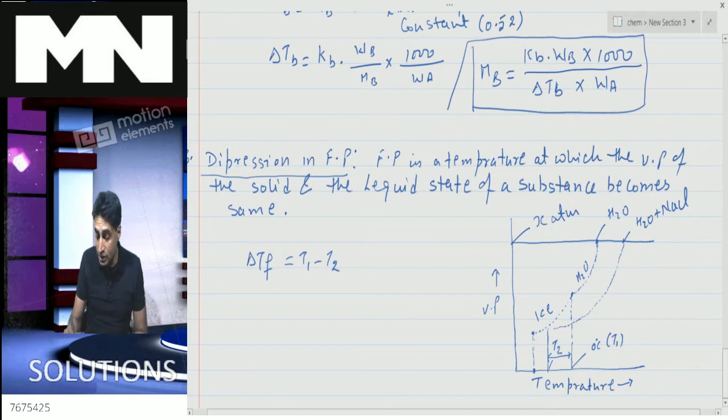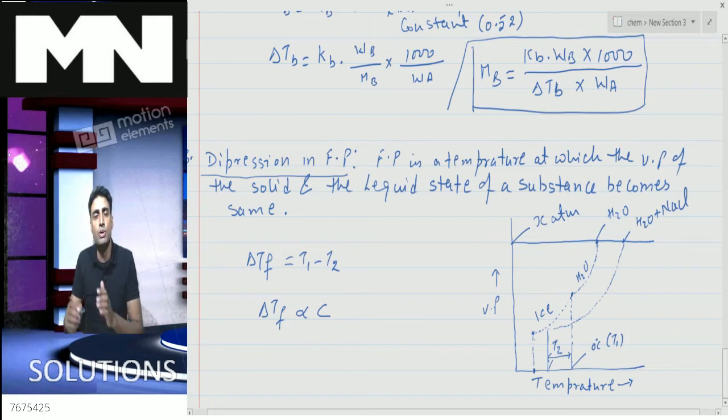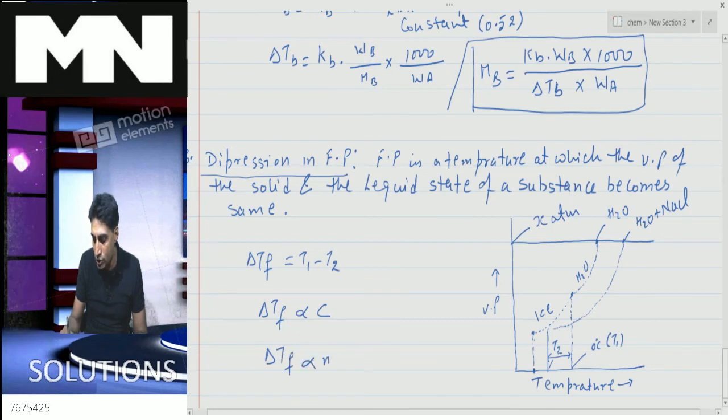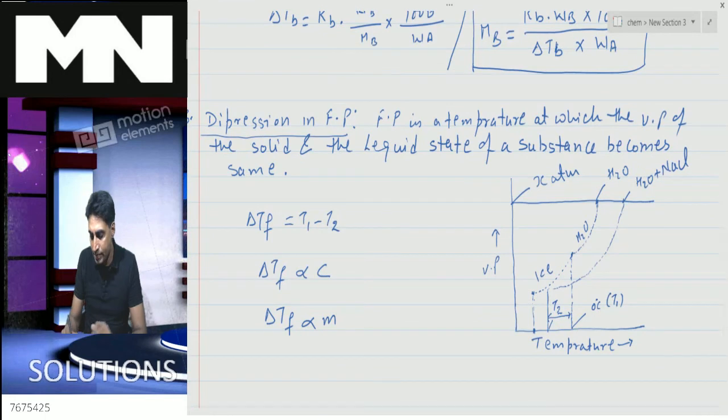Now again, since depression in freezing point is a colligative property, it is directly proportional to concentration. The more the amount of salt I add, the lesser will be the vapor pressure. Hence it will take a much lower temperature to become equal to that of ice. Since there is a change in temperature, the concentration will be expressed in terms of molality. So delta TF is proportional to molality, or I can say delta TF is equal to Kf into molality,